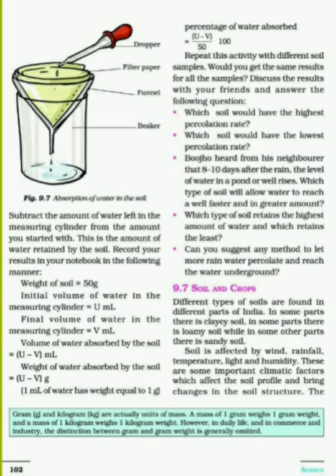Okay, U minus V, and then there is one formula: the percentage of water absorbed is equal to (U minus V) upon 50, into 100. U means your initial volume. Suppose you took 100 ml of water, and 50 ml of water was used, so 100 minus 50 upon 50. What is this 50? It is your soil, the amount of soil, the weight of soil. And into 100. So you will find the retention of water, the rate or percentage of water absorbed.